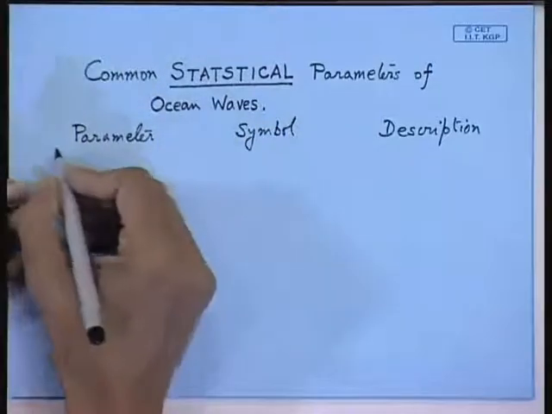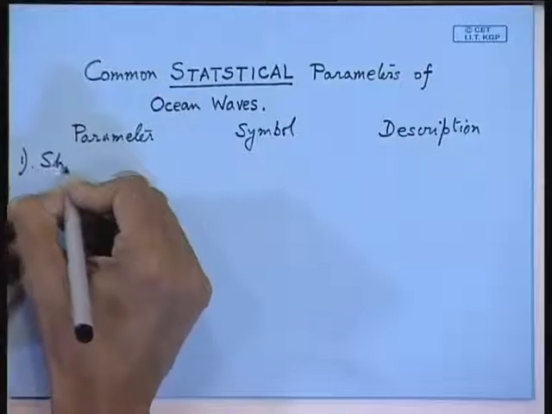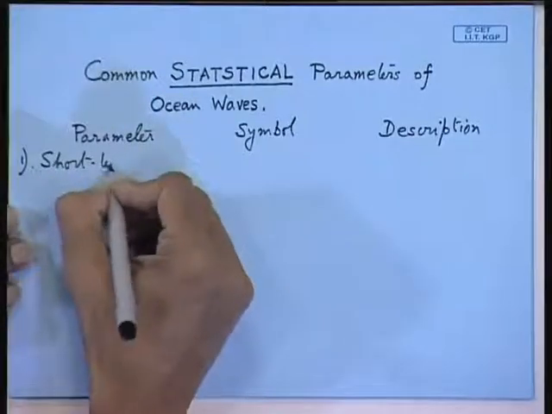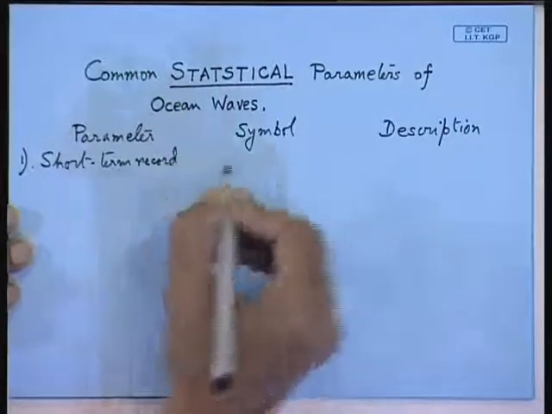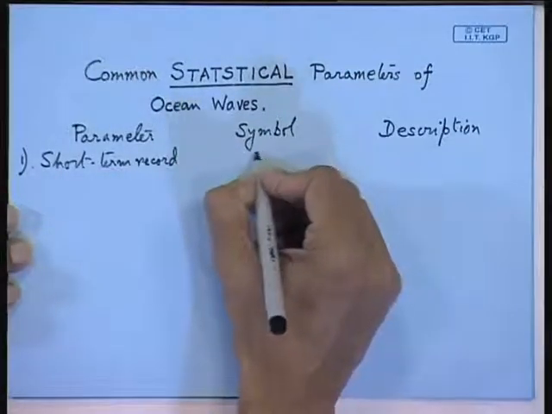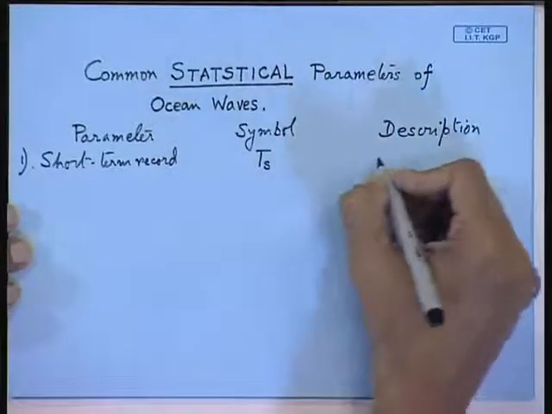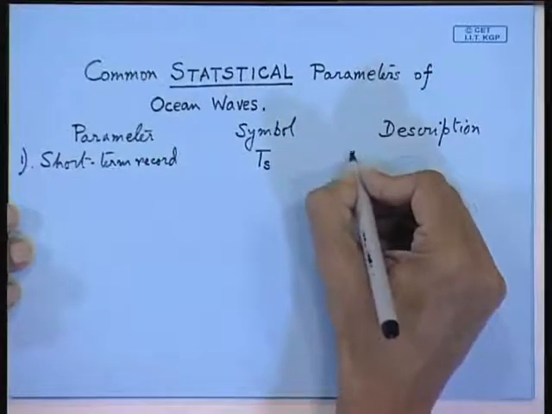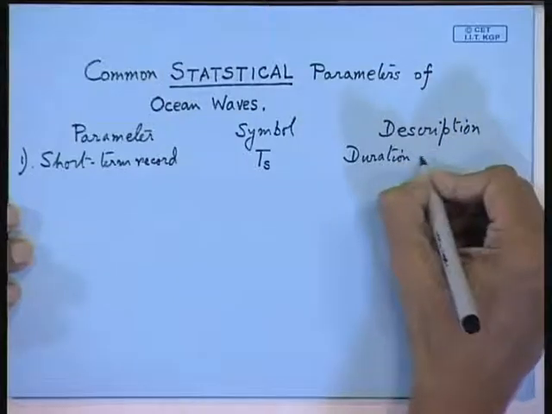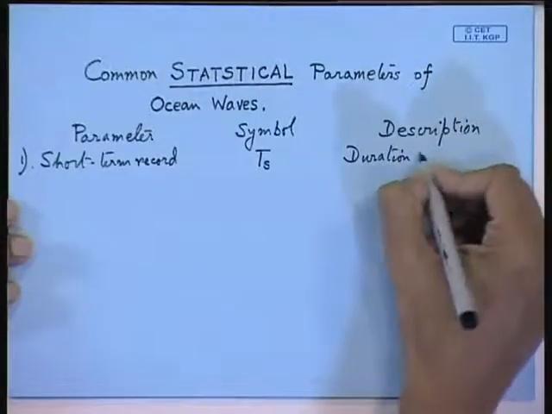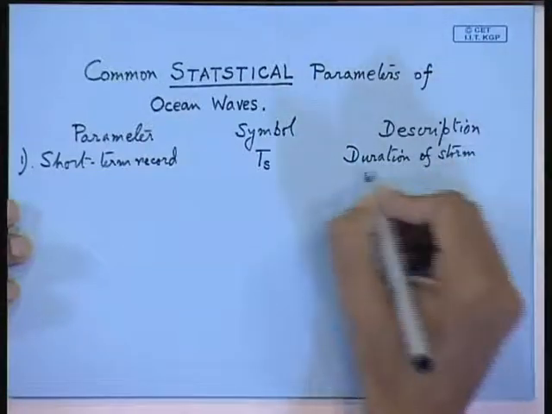So, parameter number 1 you write short term record. Record means wave record for a certain duration of time. Now, here we denote this by the time period T s, and this is called the duration of the storm. Some of the terms are typical to the oceanographers, duration of storm, and in mathematical terms you can always say that this is a